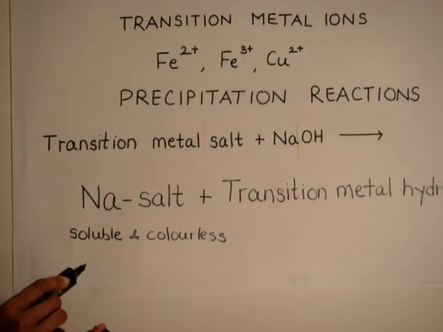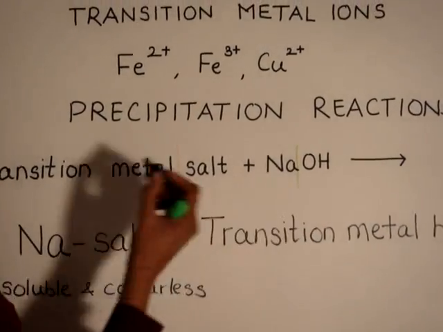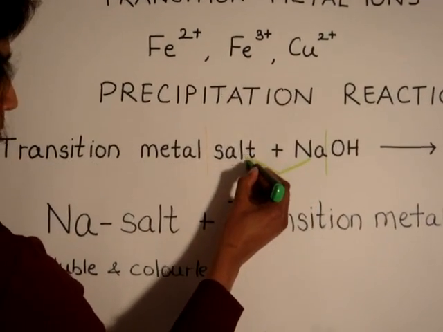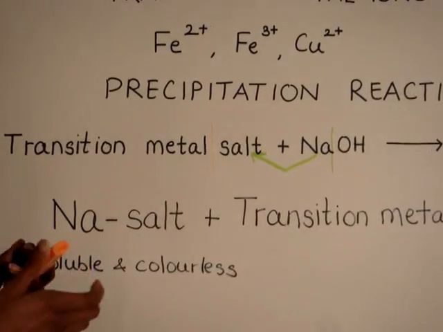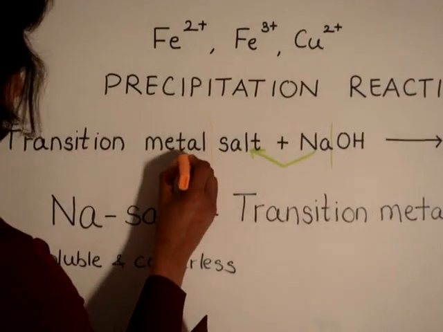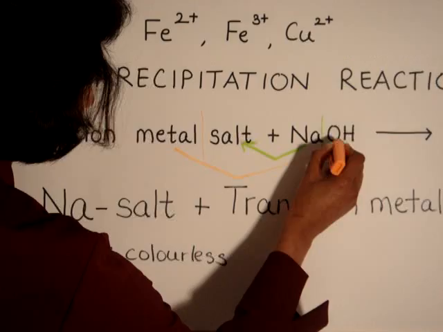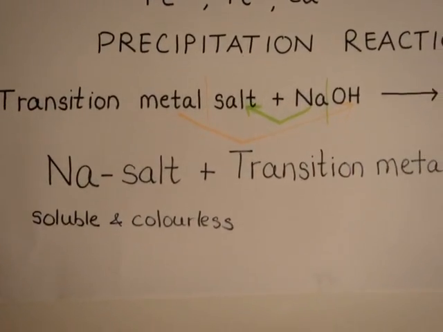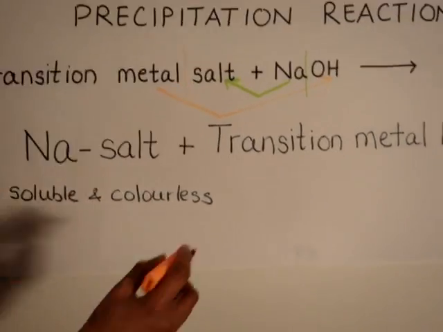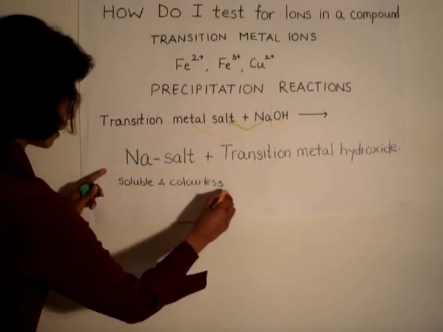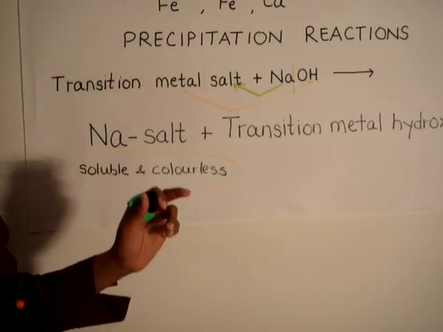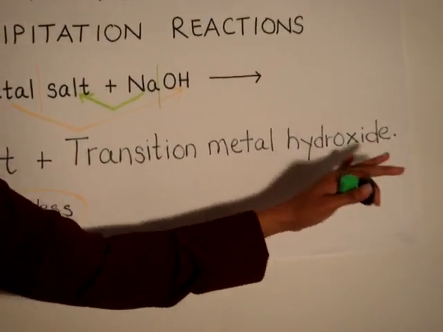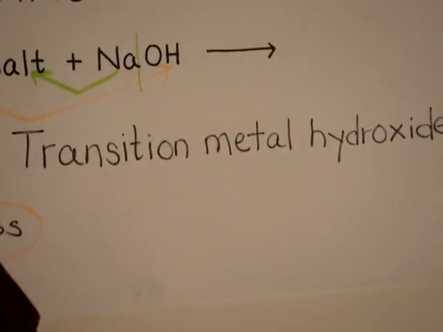What happens in a precipitation reaction? They swap the partners. Sodium salt and transition metal hydroxide. Okay? All sodium salts are mostly colorless and water soluble. So, the color of the precipitate you get is due to the transition metal hydroxide. Okay? Now,